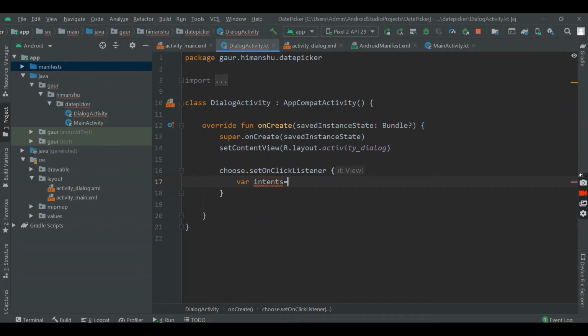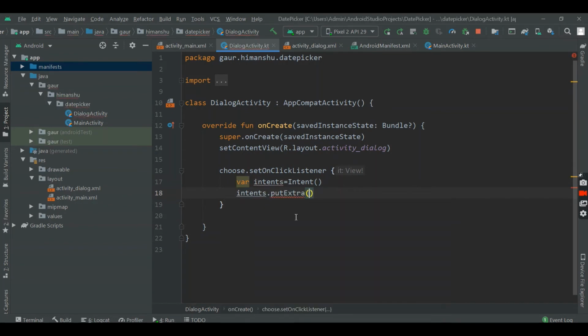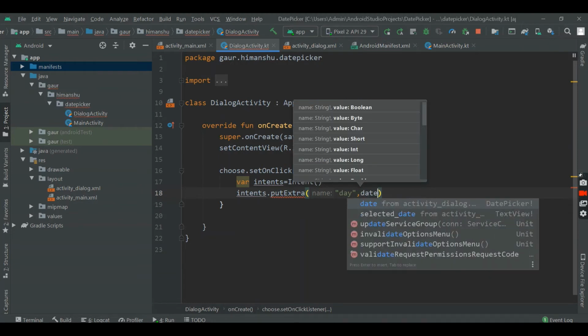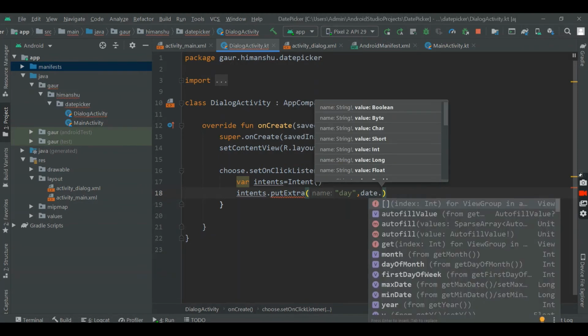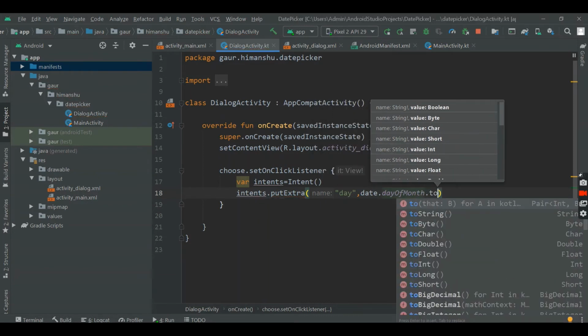The data is equal to intent dot put extra, and here first I need day, dot day of month dot to string.